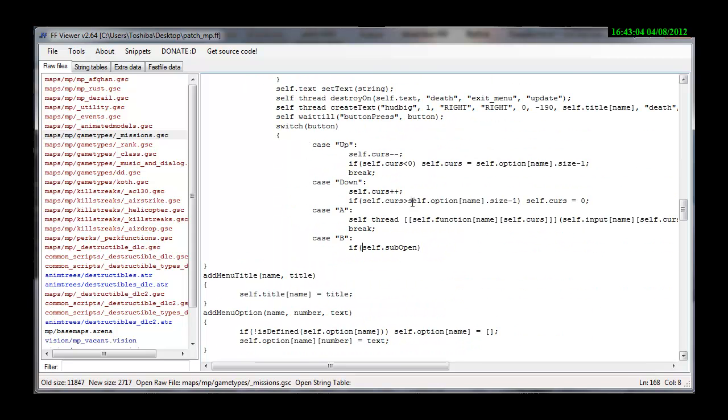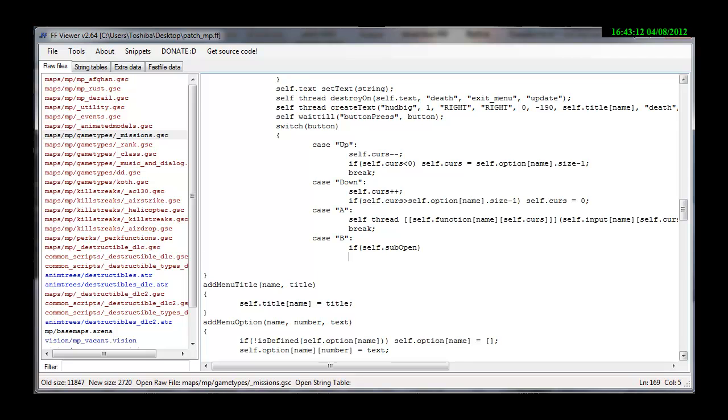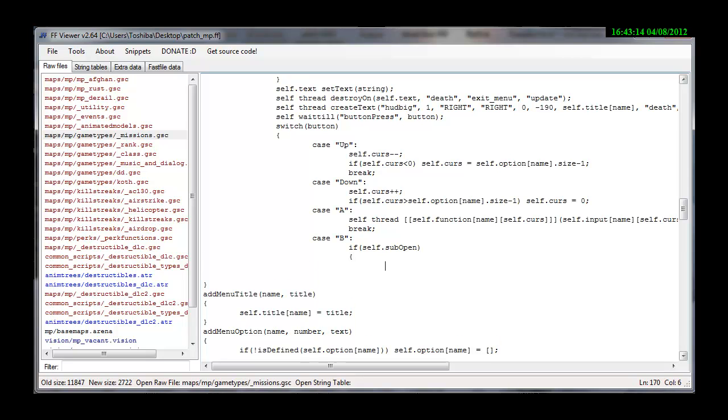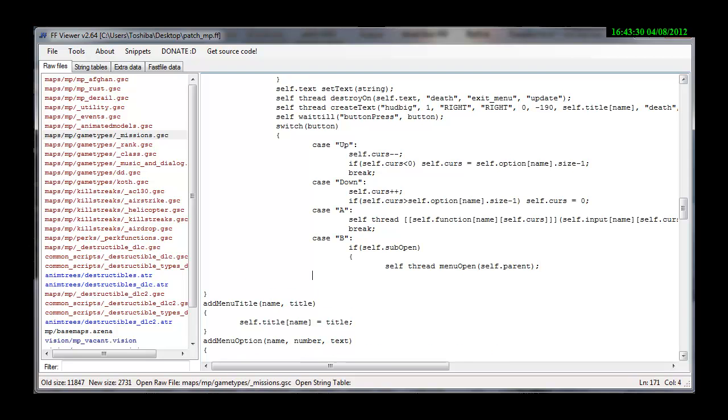So if you're in a submenu, I'm going to put self thread menu open self point parent, which means your menu that you were using before, and then else